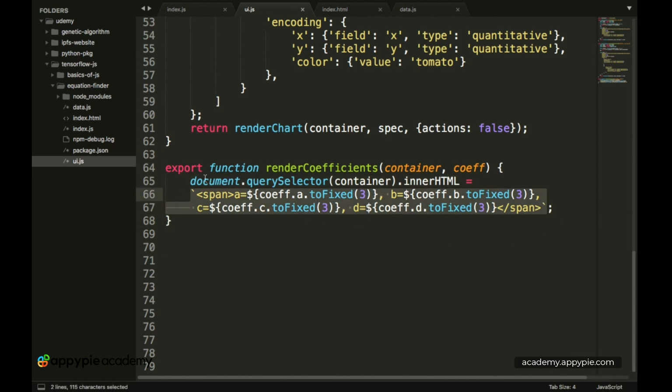value is a string, and we only use backticks over here because we want to declare variables inside it. Okay, so you can even do this by typing in simple string notation over here, but then you don't have the freedom of declaring variables like this. So these double quote marks are simply replaced by backticks. Okay, so that's all inside the UI.js part. Let's save everything, and in the next lecture onwards we'll be focused on implementing the index.html file.